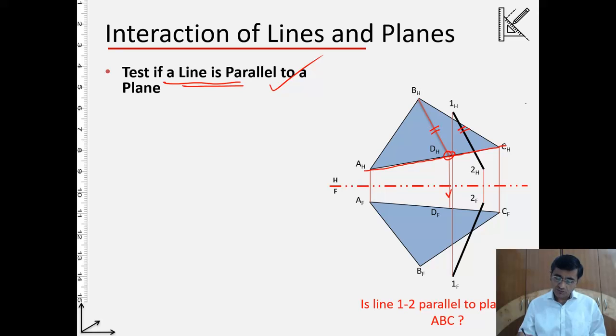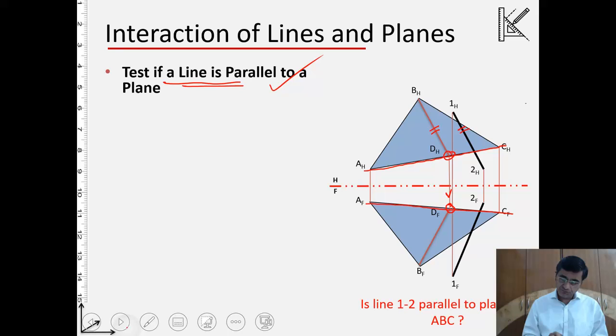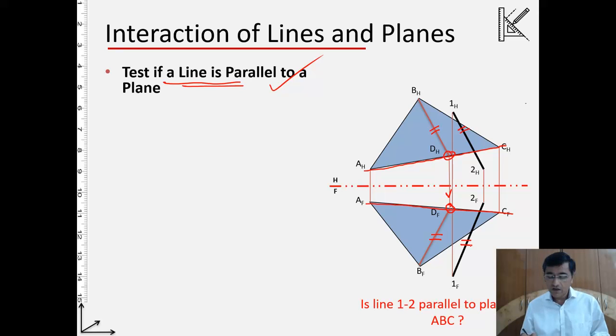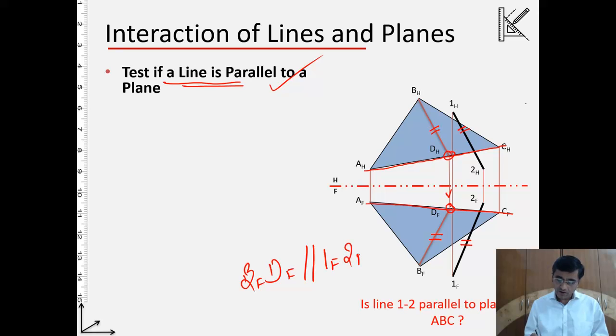Once I draw the projector down to line AC, I get the point DF. Once I've got DF, I can join it with B. So I've got BF, DF. Next I will check whether this line is parallel to this or not. If line BF, DF is parallel to 1F, 2F, that means the plane and the line are parallel.